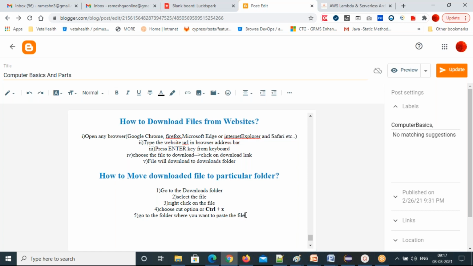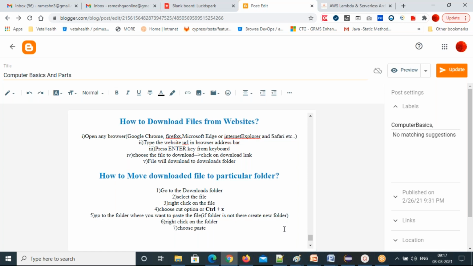If the folder is not there, what can you do? Create one. Create a new folder. Then sixth step, right click on the folder. So seventh step, choose